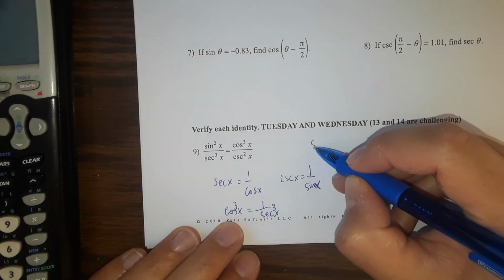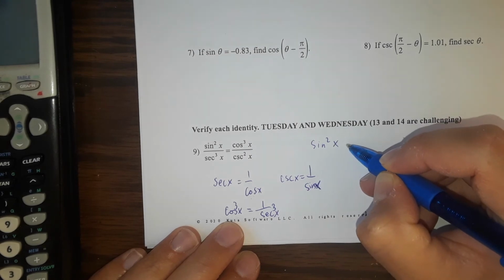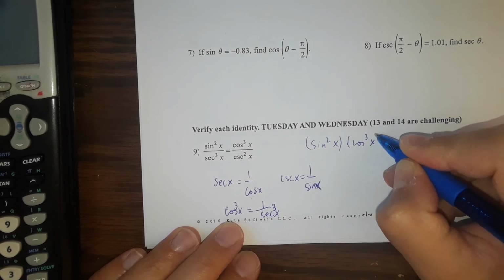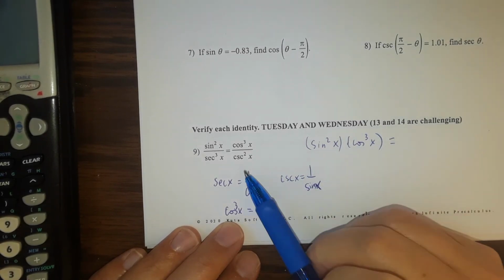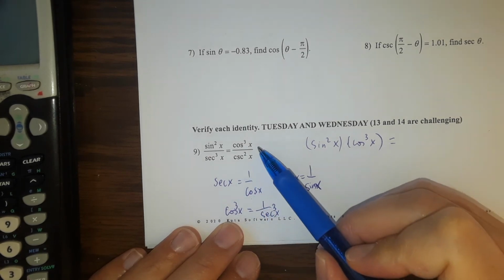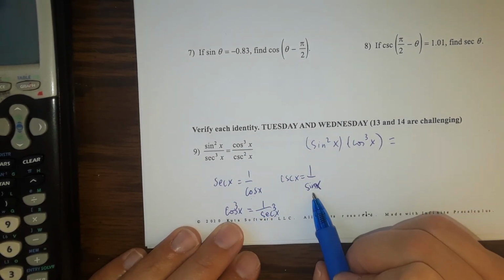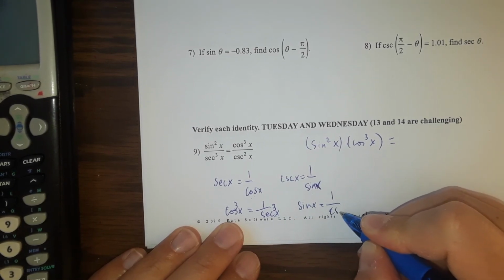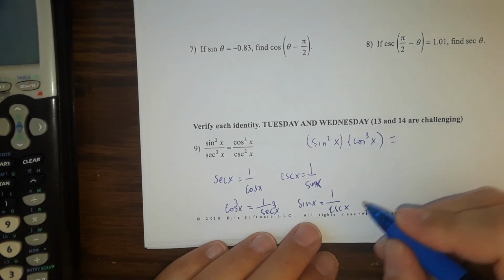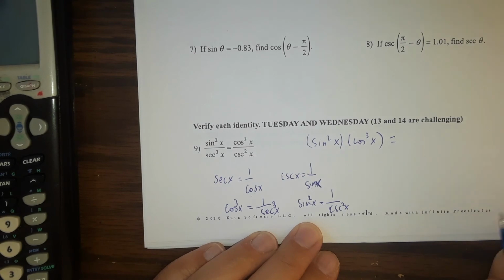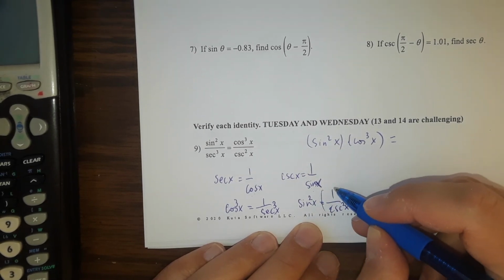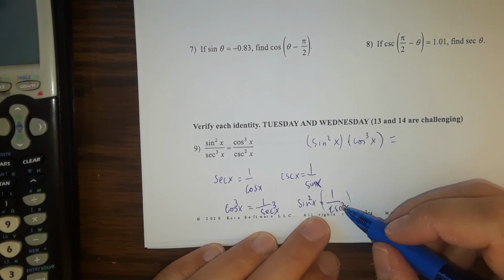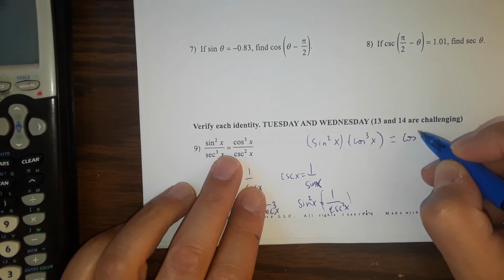So what we have here then is sine squared of x times cosine to the third of x equals, and then cosecant square of x, 1 over cosecant, let's use the same reasoning here, right? So let's flip this, sine of x equals 1 over cosecant of x, and then if this is squared, this is also squared, because we square the whole thing, 1 squared is 1, so this is the same thing. And then what we can write here is cosine to the